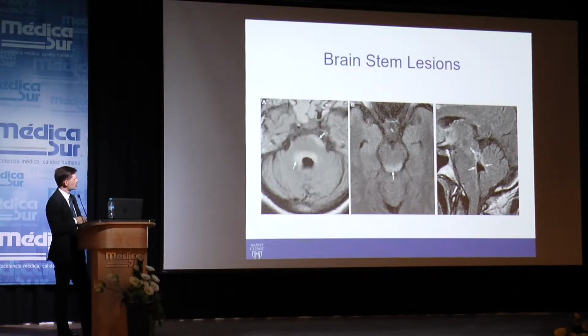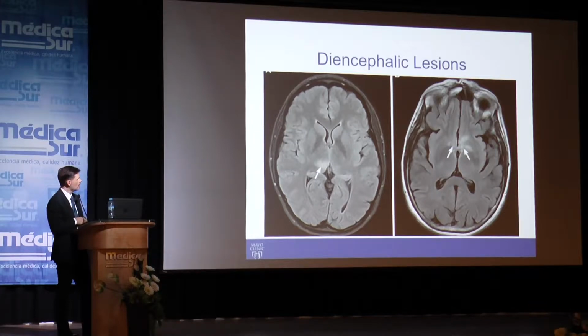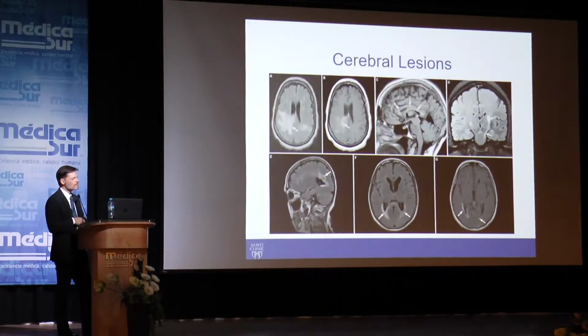Other brainstem lesions can occur in NMO. Typically, they are periependymal. So here's examples of lesions in the pons, around the fourth ventricle, belly of the pons, the midbrain, and around the fourth ventricle in the cerebellum. And these are examples of diencephalic lesions. So lesions in the thalamus and around the hypothalamus. And they say a picture's worth 1,000 words, which is definitely true here because it is difficult to say in words all of the different patterns that can be seen in NMO spectrum disorder in the brain.